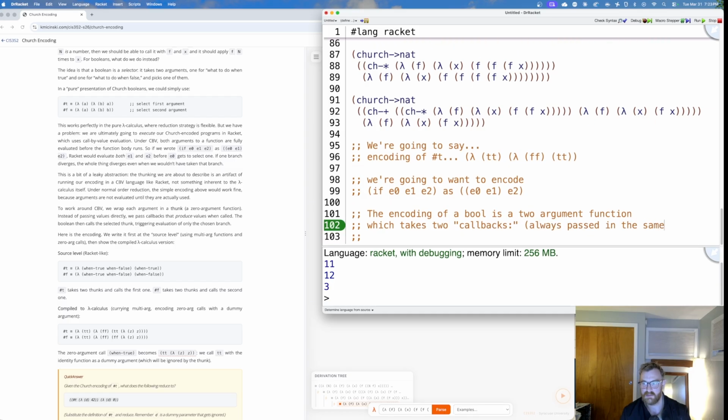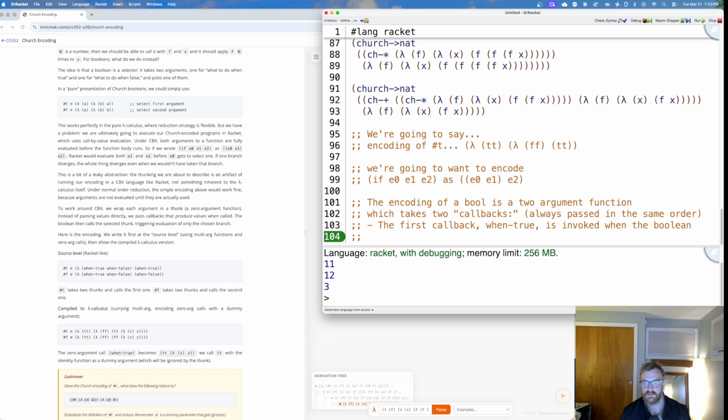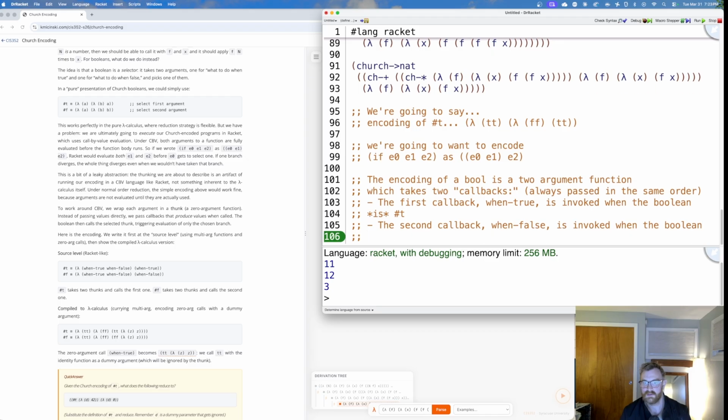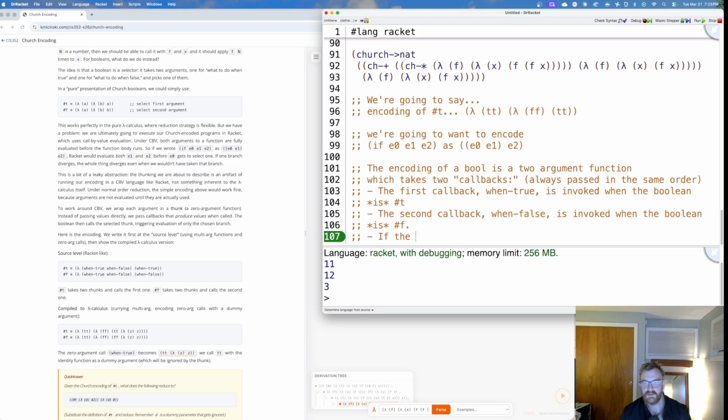The first callback, when true, is invoked when the Boolean is true. The second callback, when false, is invoked when the Boolean is false. If the first callback is invoked, the second is not,